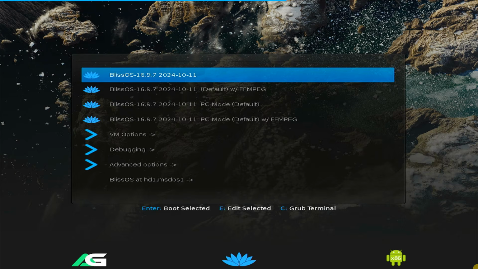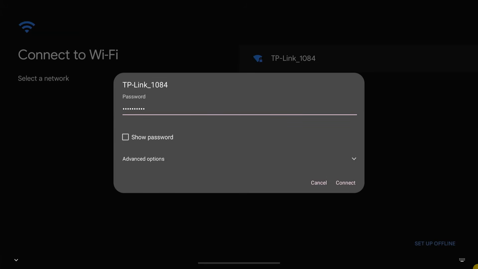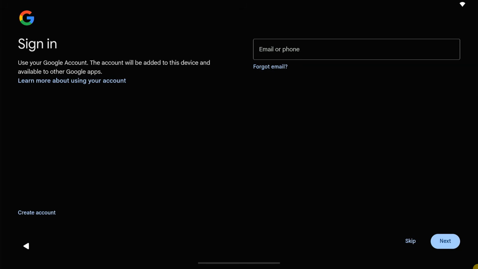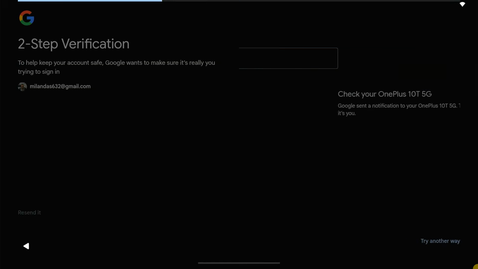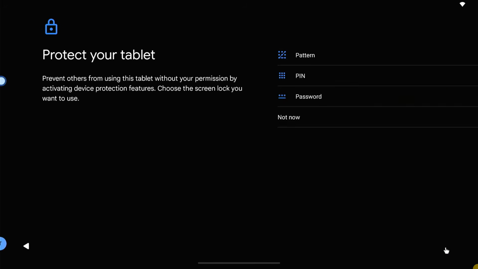After the reboot, your system should automatically boot into BlissOS. Once it loads, you will be greeted with a setup screen, just like setting up a new Android phone. Choose your language, connect to Wi-Fi, and you can skip or sign in with your Google account depending on the version you installed. If you downloaded the GApps version, you will have full access to the Play Store. Otherwise, with the first build, you can sideload apps or use open source stores like F-Droid.